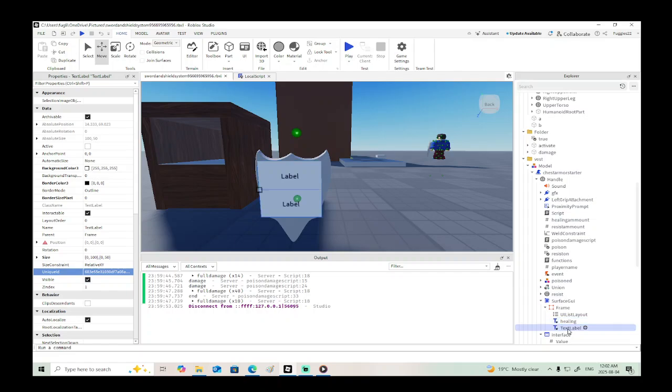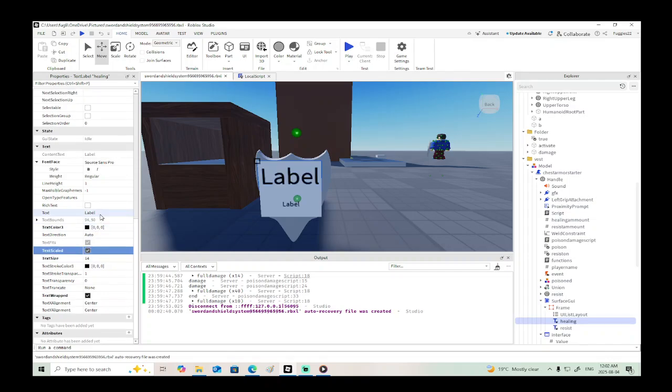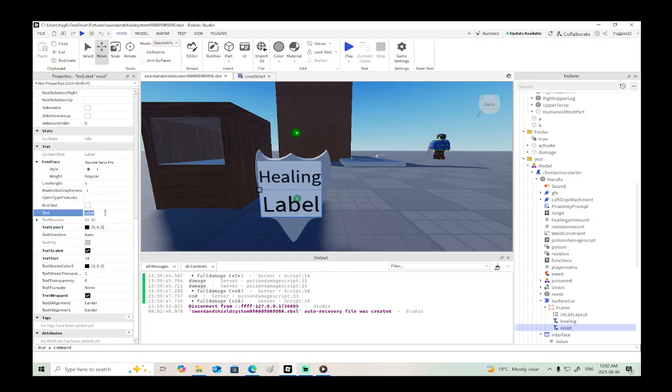And this one here can be called resist. Okay, and then just for the scale, this will be healing. And this one here will be resist. Okay, so now what we want to do is